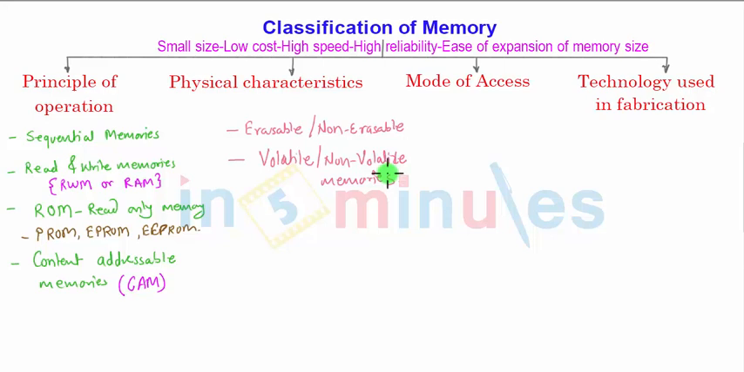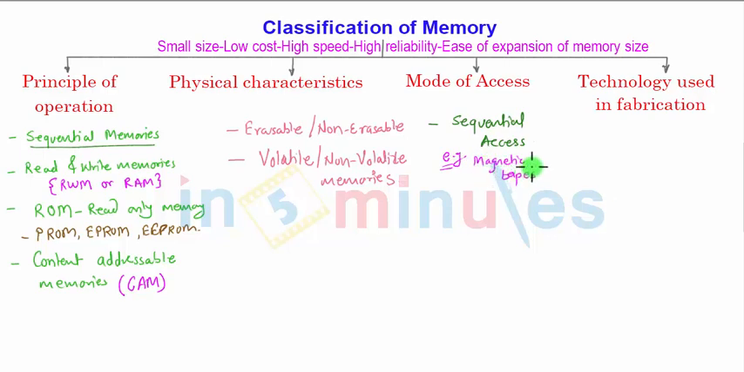Next one we have is the mode of access. So for the mode of access, there is sequential access, or sequential memories, as I have also said here. So sequential access, if I want to give an example, then you can go for the magnetic tapes